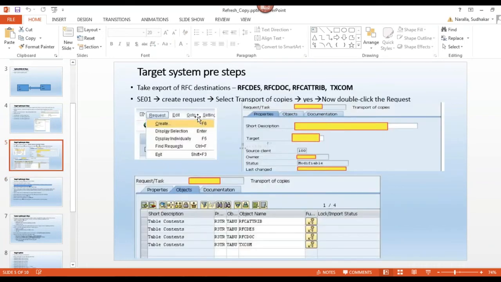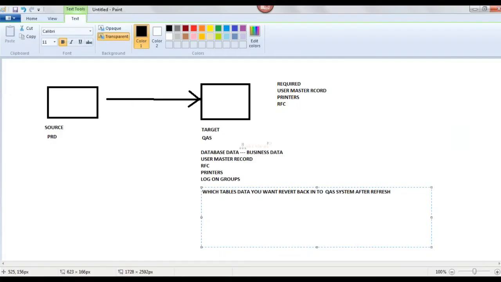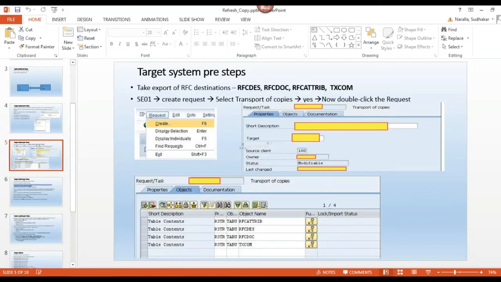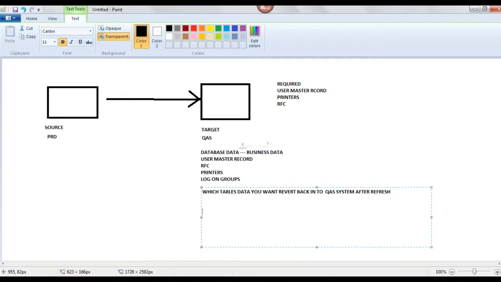So here, how can we take a tables data export? That is the main point. For example, the RFC tables are RFCDES, RFCDOC, RFCATTRIBUTES, TXCOM. How can we take it?